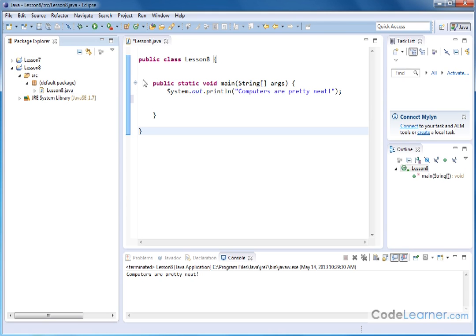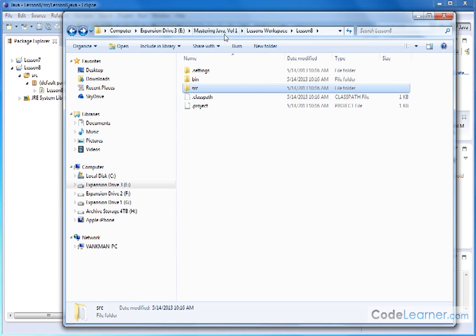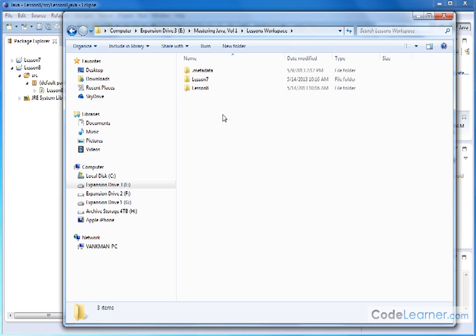If you were to add additional Java files to this particular project, they would show up here just like a folder structure. Now let me go and show you something. This is my workspace that I have for the lesson development for this course, and you can see that there's a metadata file that Eclipse created, but there is a lesson 7 project and a lesson 8